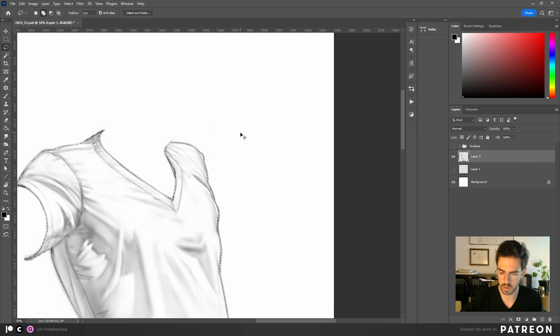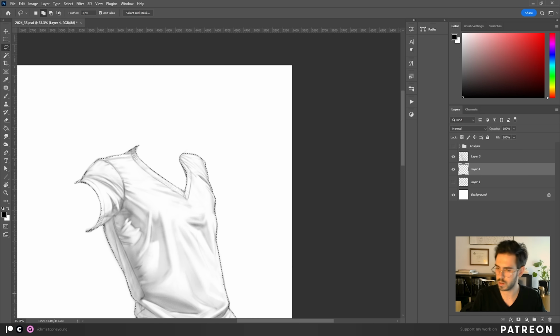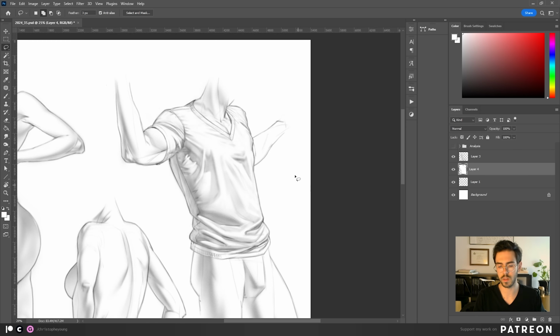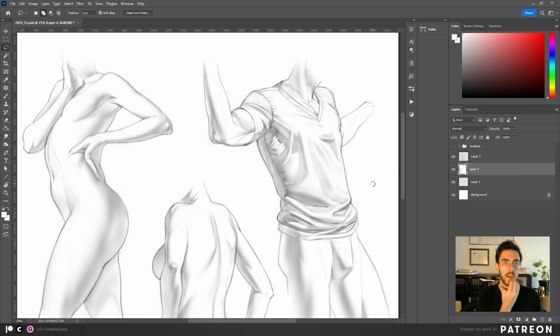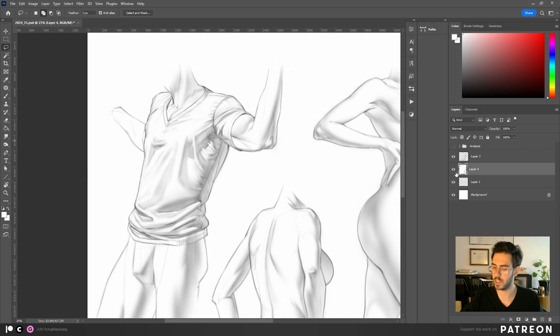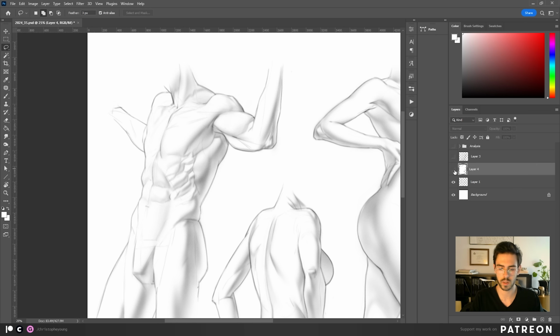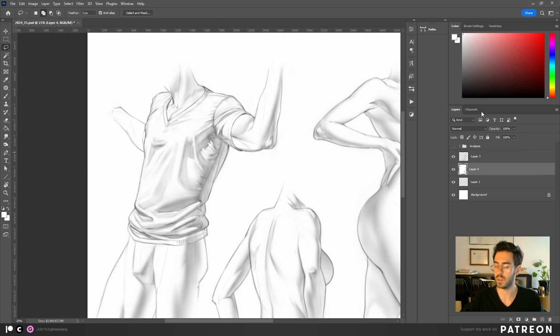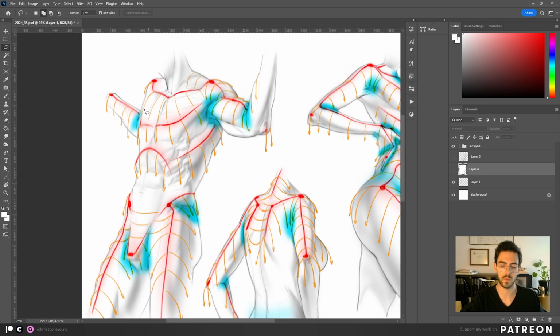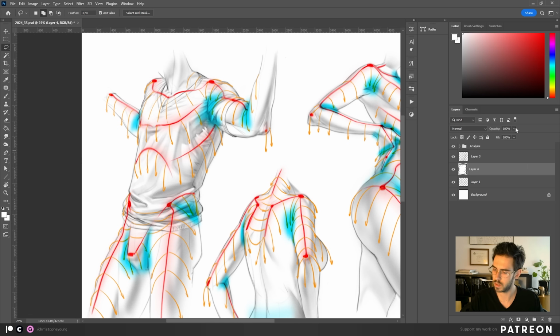Done. There you go. Go on a layer under, and I'll just fill that with white. And there we go. We've got a nice t-shirt, right? So this is derived from this information. If we bring that back,